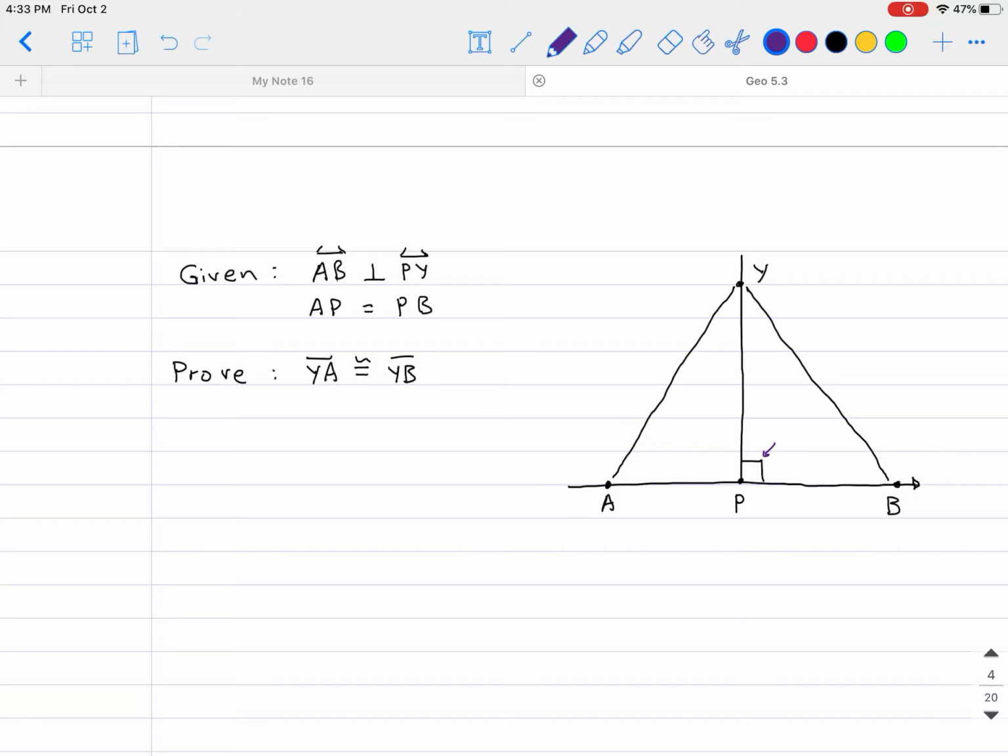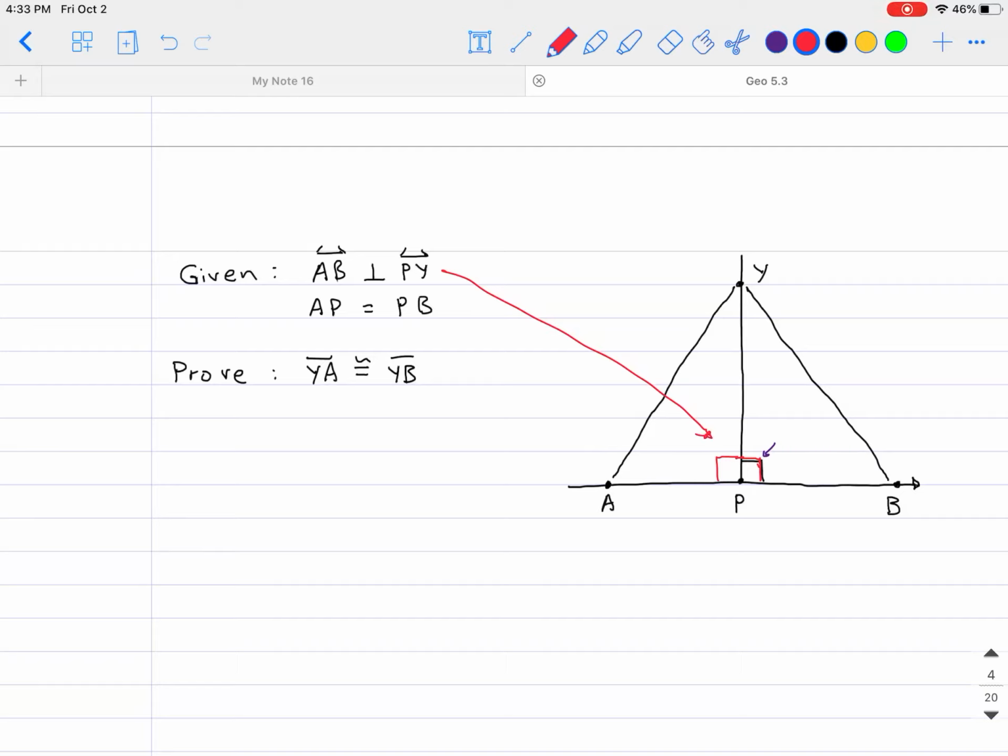I also know that AP is equal to PB. So that one is given. I want to prove that YA is congruent to YB. So let's go ahead and mark it up as to what we know and what we don't know and what we need to prove. So first we have AB is perpendicular to PY. So again, that's where we have the right angle. And then technically this is also a right angle according to maybe some of the theorems and proofs that we did, which we're going to have to use in this proof